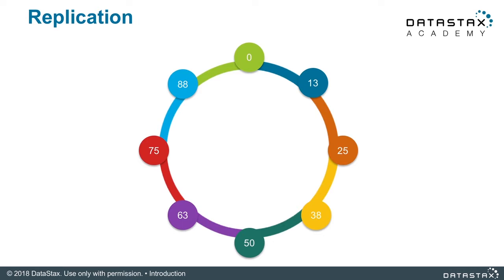So in this case, where we have multiple nodes in a ring, each node is responsible for a certain range of that data. As you know with a partitioner, the partitioner is the one who says, oh, this is the range of data each node should own. But in this case where we have just one node owning the data, you could have potential problems. Say if you lost a node, say the one with 13 or 25 on it, that means in this case you would lose a portion of your data.